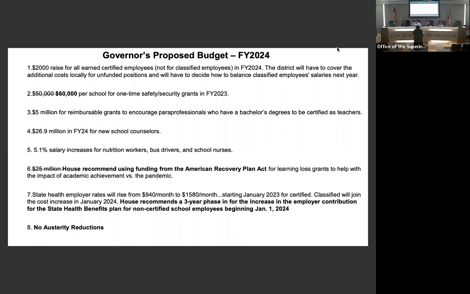So, the number one up there, $2,000, that's a one-time? No. Okay. That will be built into their salary scale. Okay. Per certified, gotcha. But then number 7 comes back and says you're on the hook for an extra $640 for everybody, for every class. So the local school districts are on the hook for